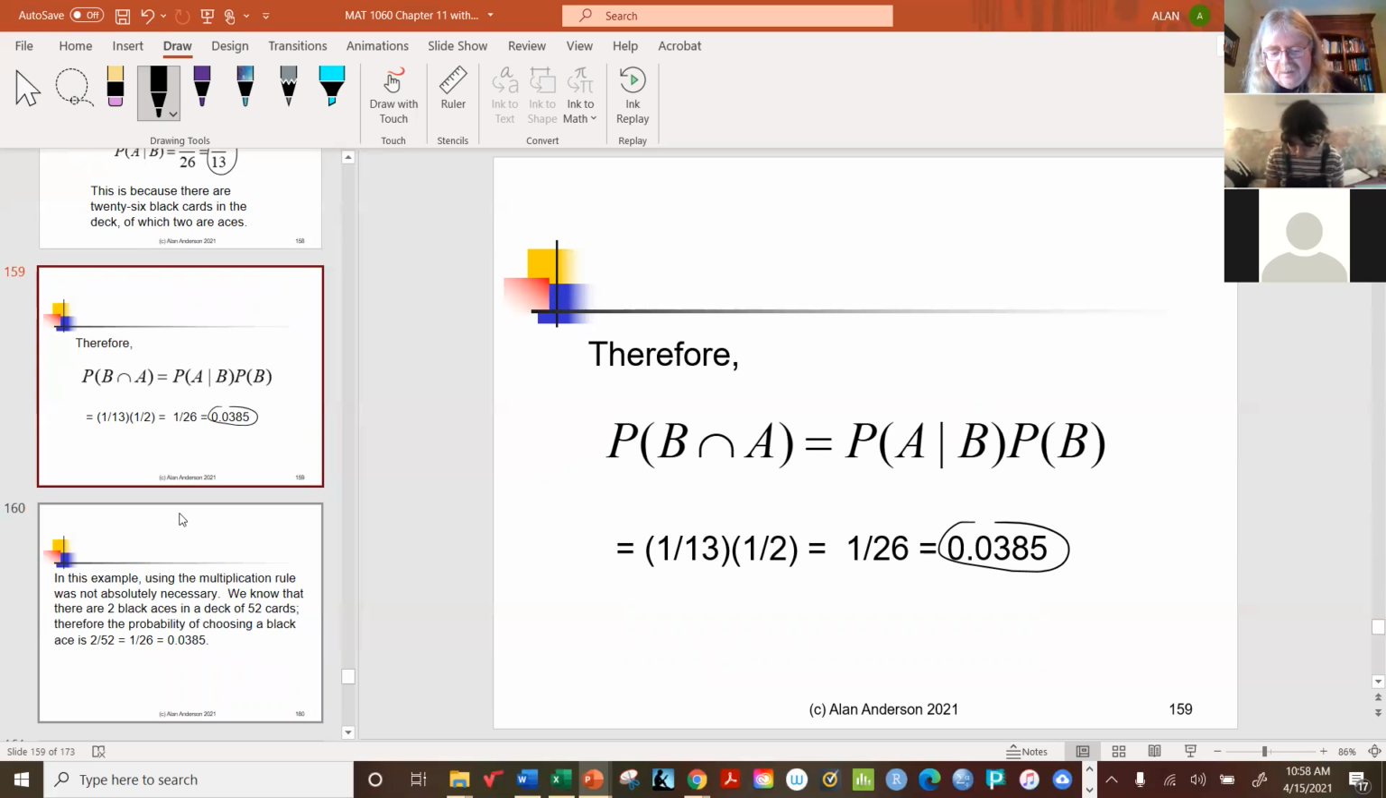Okay, now in this very simple example, it turns out that we didn't even really need to use the multiplication rule. Why not? Because remember, what are we being asked to do? B and A means a black ace. What we could have done instead, given our knowledge of the deck, is that we could have said, well, you know,